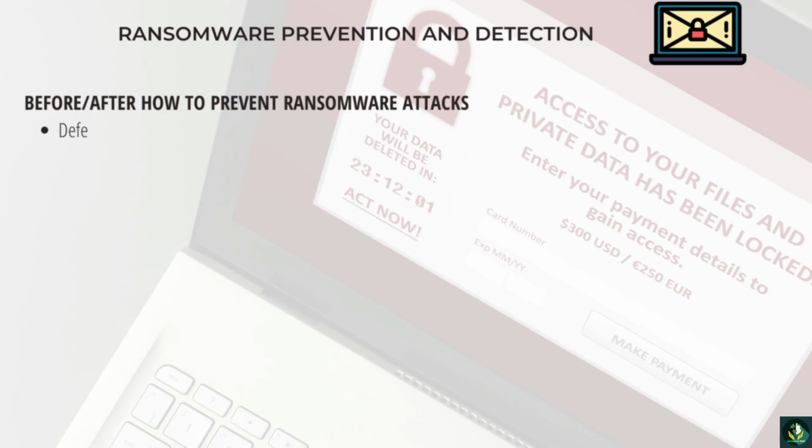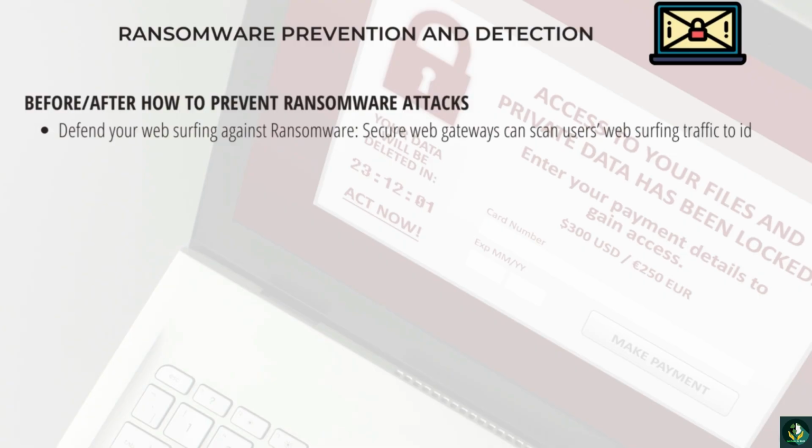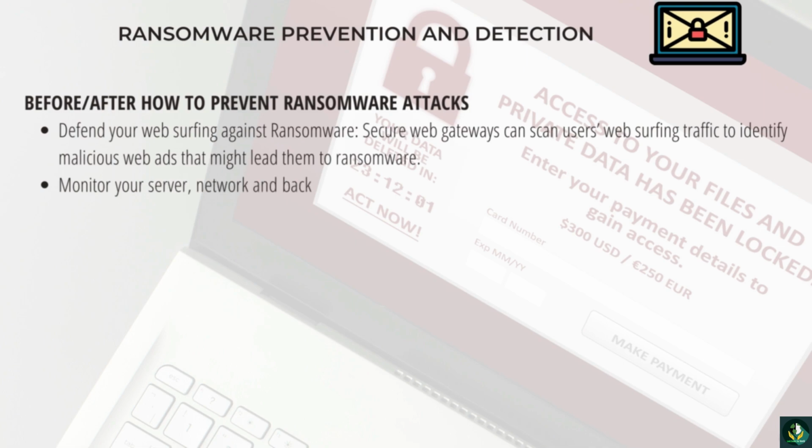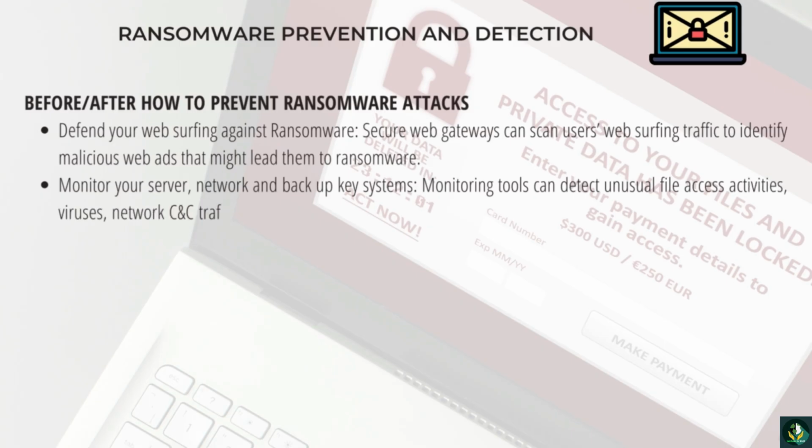Defend your web surfing against ransomware. Secure web gateways can scan users' web surfing traffic to identify malicious web ads that might lead them to ransomware. Monitor your server, network, and backup key systems. Monitoring tools can detect unusual file access activities, viruses, network CNC traffic, and CPU loads, possibly in time to block